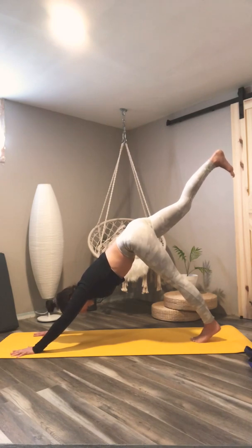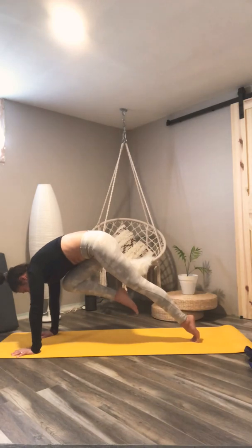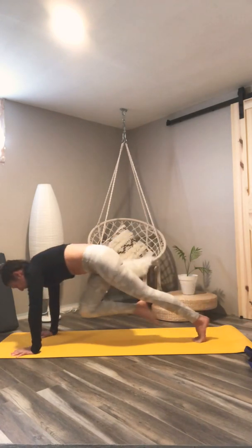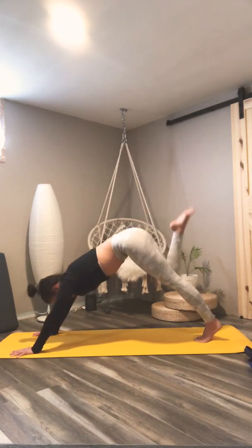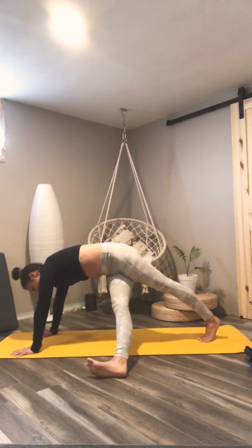Take a deep breath in. Exhale, pull knee to chest. Squeeze it there. Inhale, extend. Exhale, knee to chest to hover. Inhale, extend. Exhale, knee to chest to hover, kicking the foot between left arm